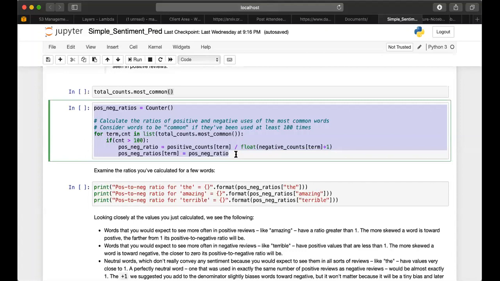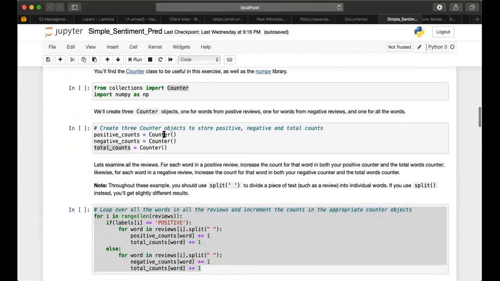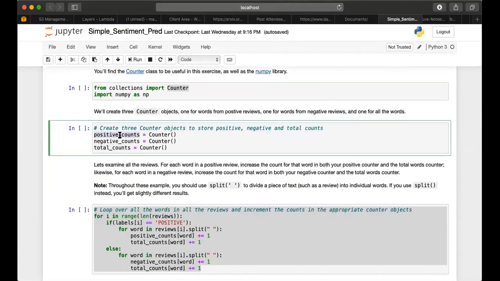You would agree with me that it's very possible that you find a lot of words that are in both. Now remember, we created these dictionaries, and the positive dictionary contains a lot of words, and the negative dictionary contains a lot of words, right? So it's very possible that most of the words you find in this positive count dictionary will be the same words you find in this negative count dictionary.